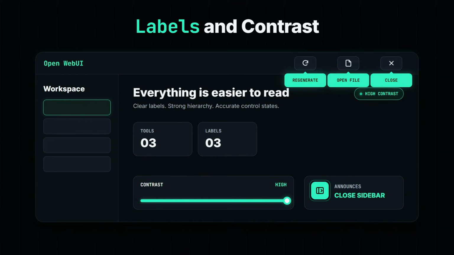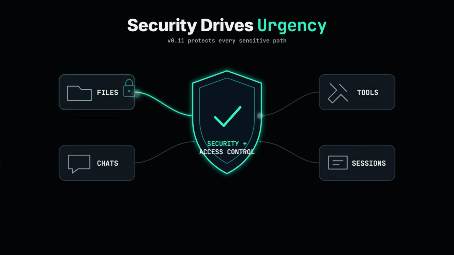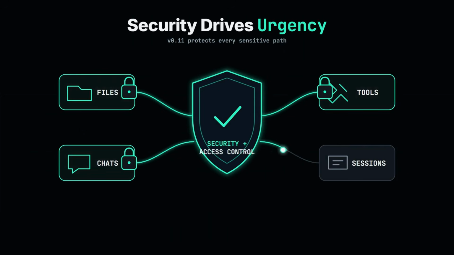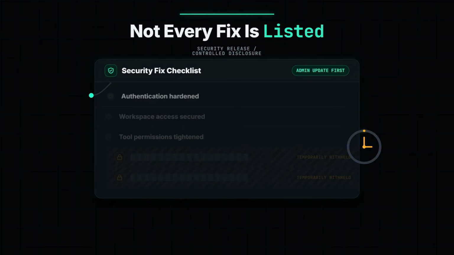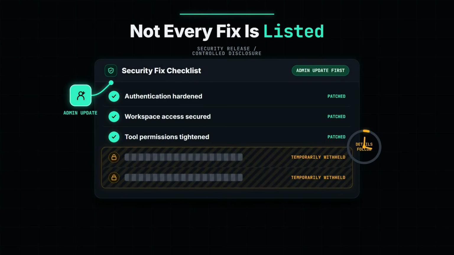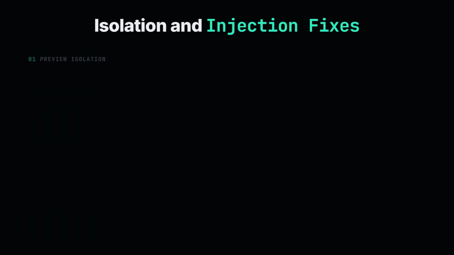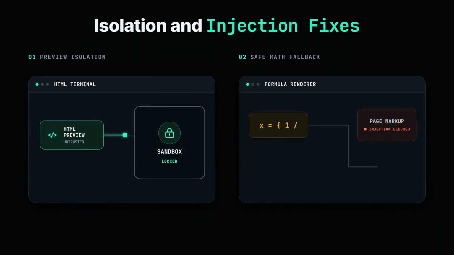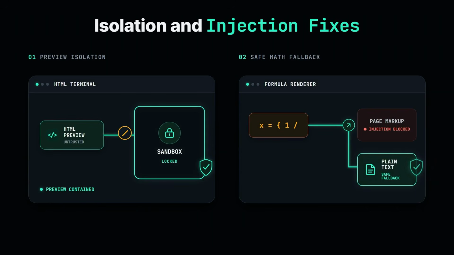close navigation. The maintainers recommend upgrading production deployments promptly because v0.11 includes security and access control fixes across several sensitive paths. The release warns that some security fixes may remain temporarily undisclosed, giving administrators time to update before full details appear. HTML terminal previews now default to isolation, and malformed mathematics falls back to plain text instead of entering the